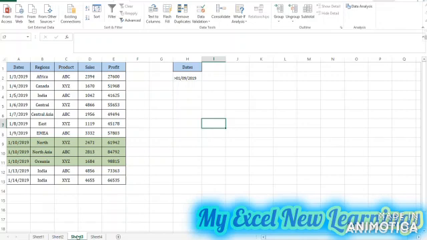Here you can use it with the greater than with the dates or with the greater than of the sales or the profit. So here I have just used a criteria for the dates which are greater than 1/9/2019. I want to pull the data which are greater than 1/9, that is 1st of Jan 9 2019.